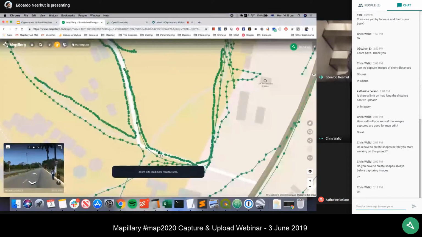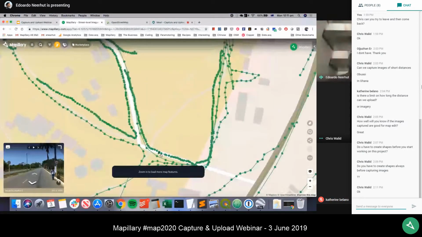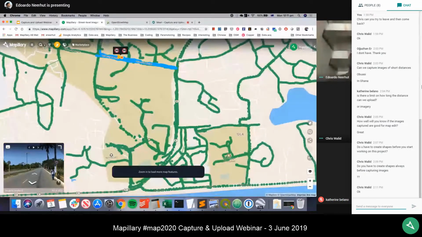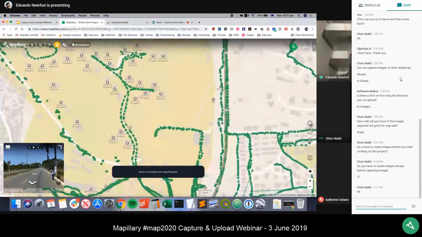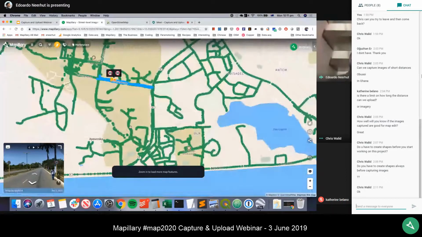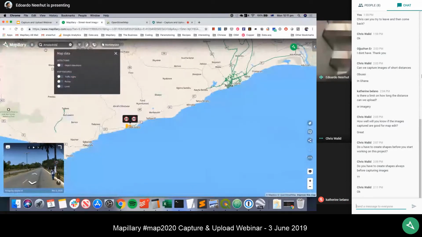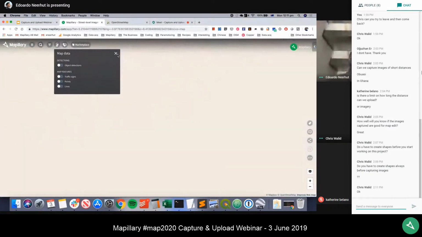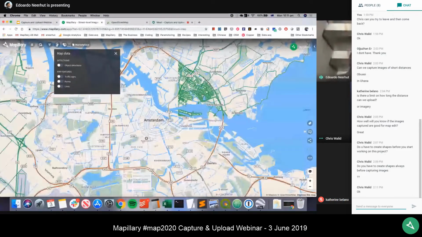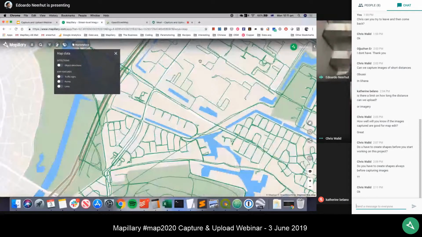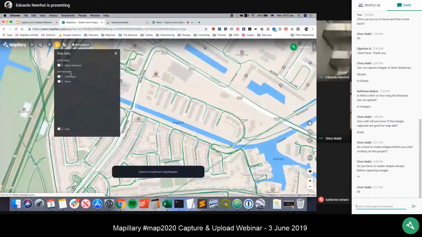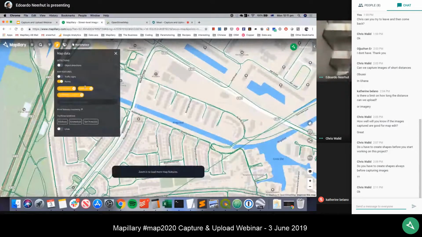So what should be happening now is we should be seeing a bunch of different points that are identified. Might try a different location. We'll turn that off. We'll go to Amsterdam. This is a city where the government has given us about 700,000 360-degree images. So it's a really good location to look at the kind of data that Mapillary can detect.